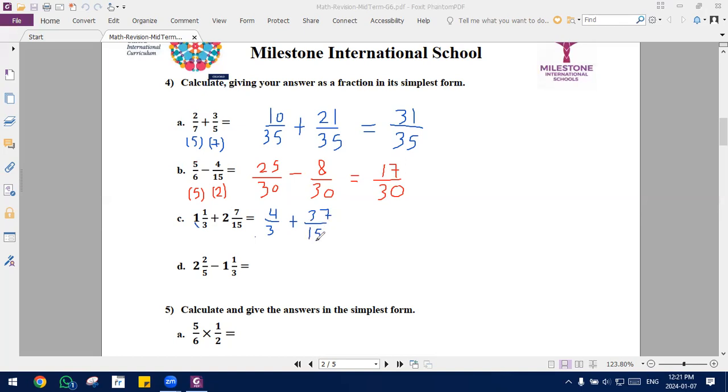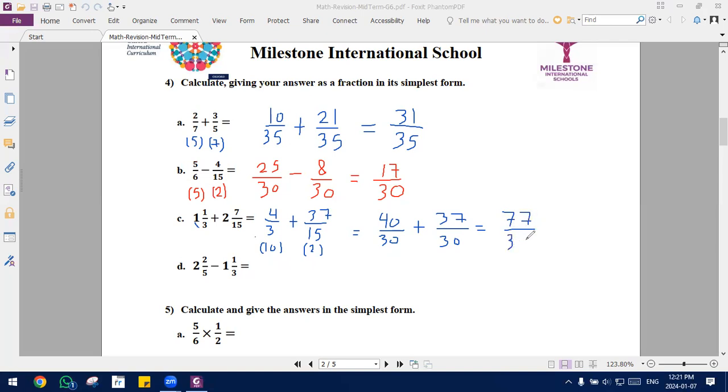This is a little bit similar to the previous question. We need to make them 30. So this is times 10. This is times 2. So I will get 40 over 30 plus 37 over 30. When I add them, it's 77